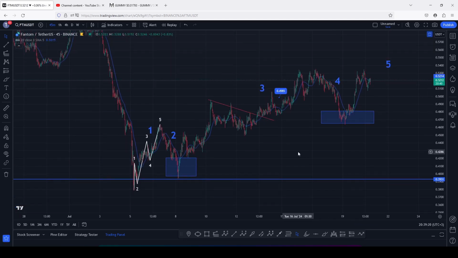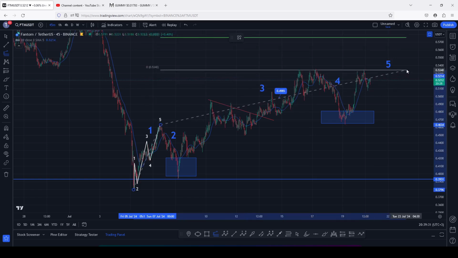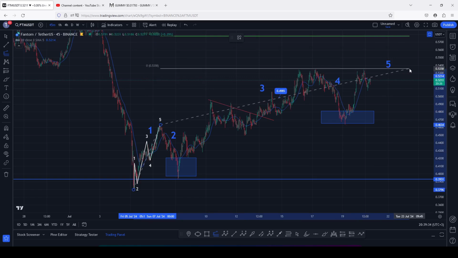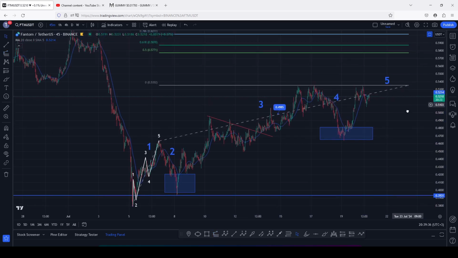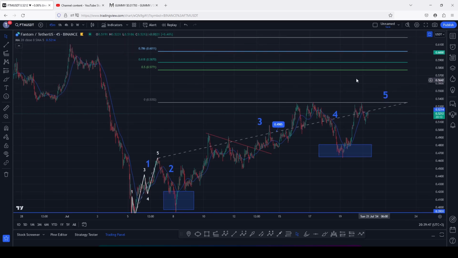that Elliot wave count 5 can be given using the Fibonacci, connecting the trend-based Fibonacci from the low of the first wave to the high of that Elliot wave count 1, then dragging the fibs to the high of that Elliot wave count 3, giving me a minimum target area for the fifth wave at the fib level 0.618, which perfectly lies above the 0.587. So in the next coming hours I have my breakout target areas at the fib level 0.618, which perfectly